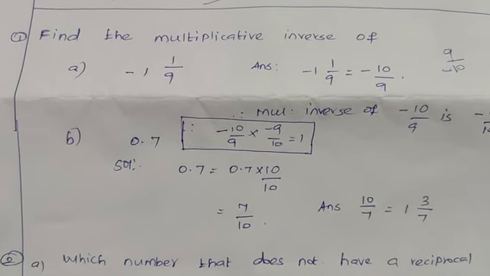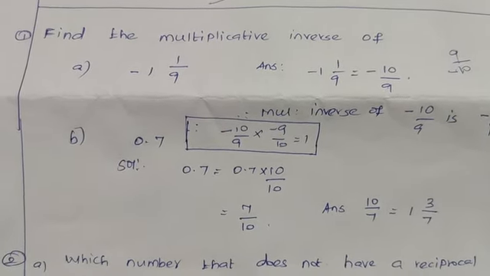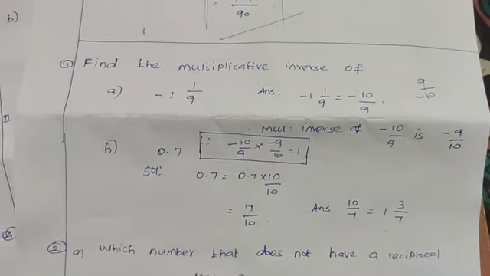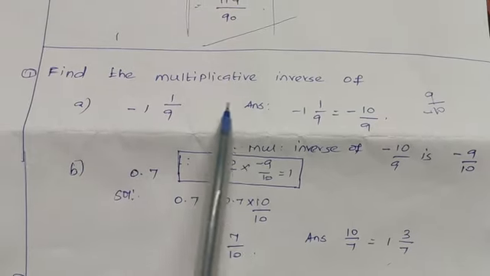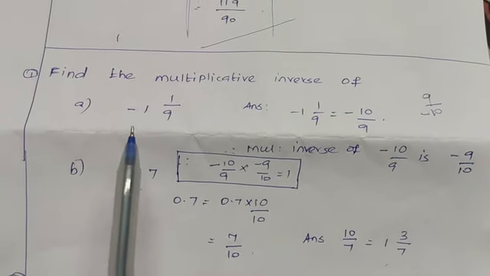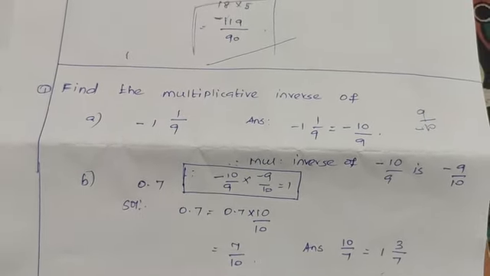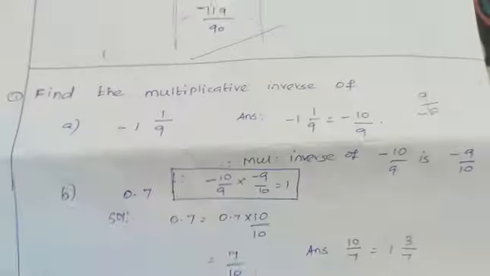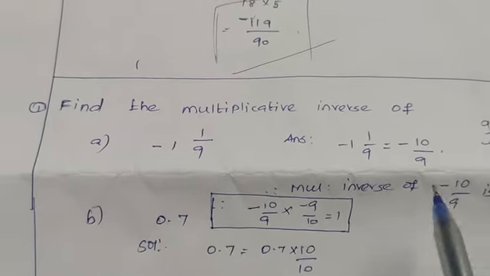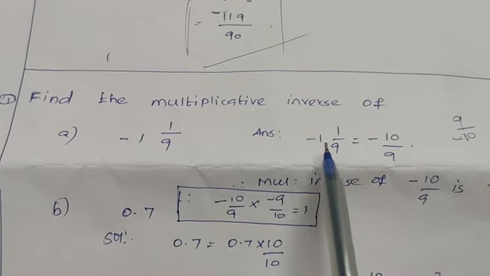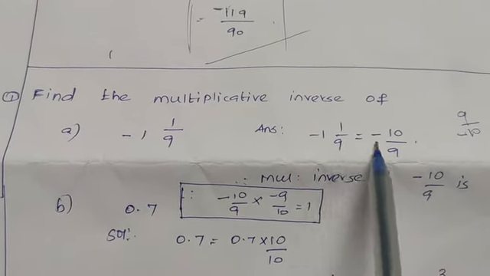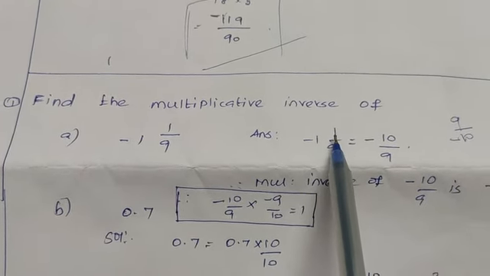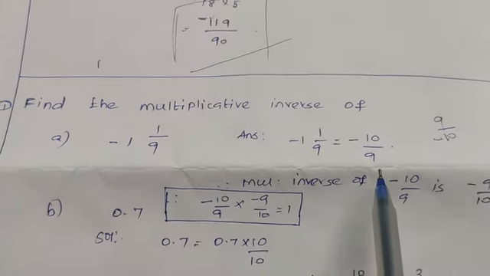Respected to all. Today also we are going to do some rational number example problems. For the first problem, find the multiplicative inverse of minus 1 1 by 9, a mixed fraction. Now change this mixed fraction into a fraction. Multiply minus 1 and 9, so minus 9, then addition minus 1. So minus 10 divided by 9.